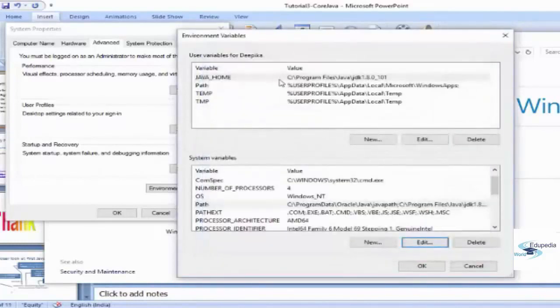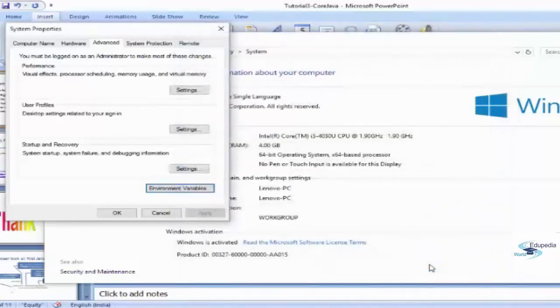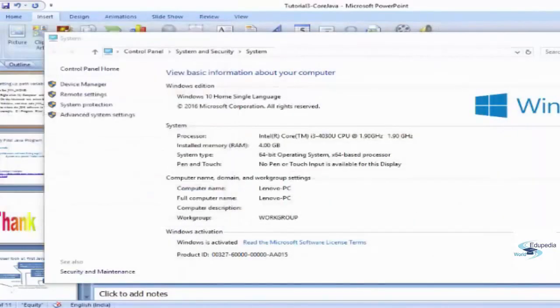Okay. So we are ready to go. We have placed Java home as well as path. The reason of setting Java home in environment variable is to be able to run your Java program from anywhere. And similarly, we have put the path in path also. So you don't need to again and again set the class path whenever you are running it through a command prompt. So that's the reason of putting the Java home path in a path variable of system variables. So after this, just click on OK. I'm going to close this.